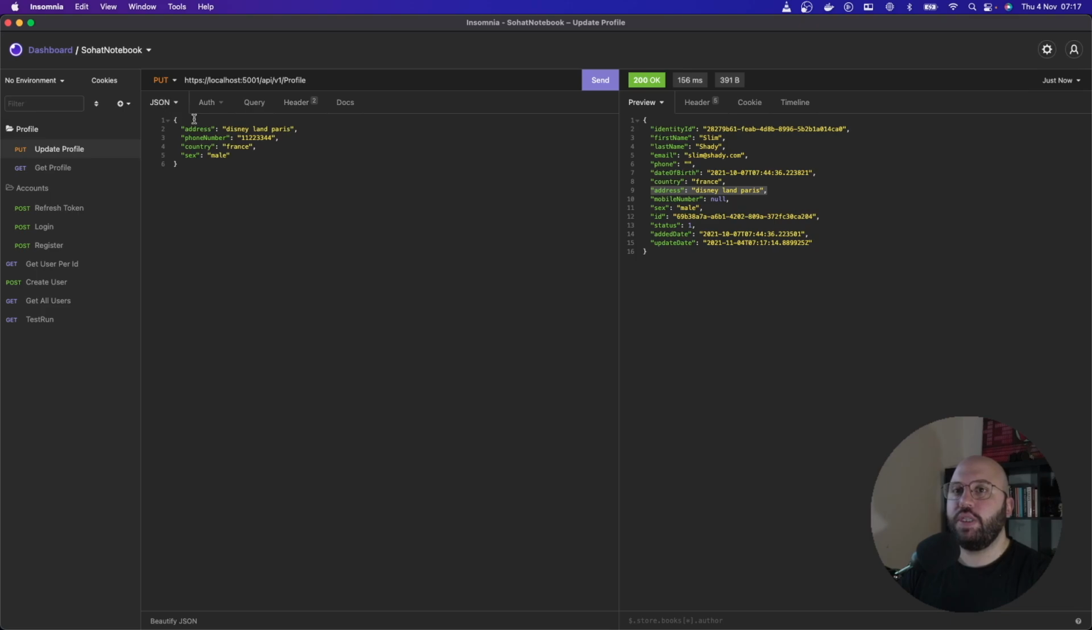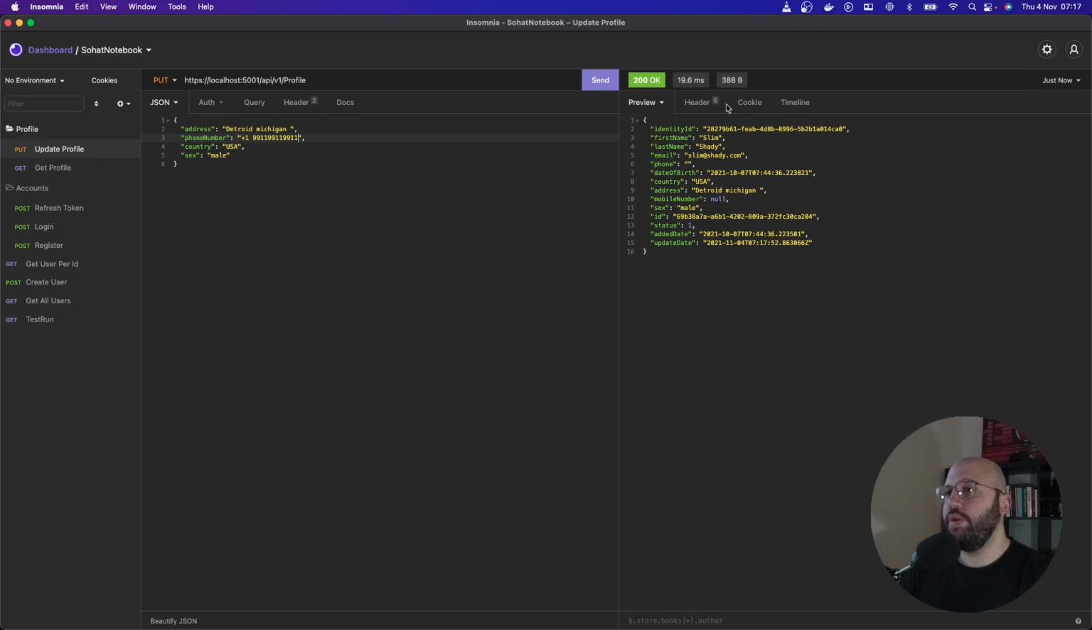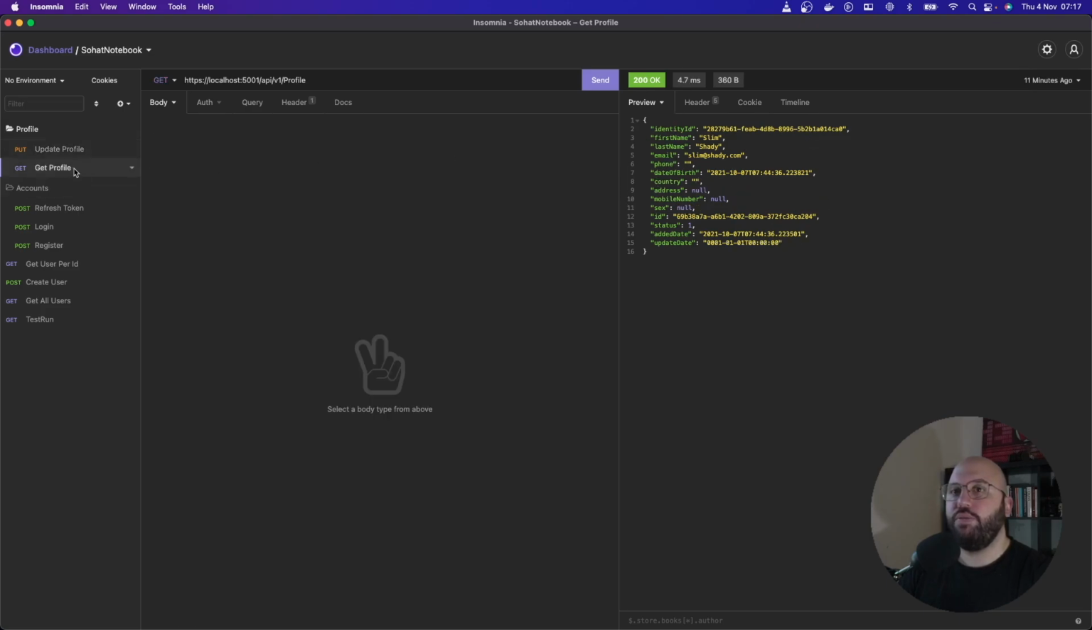So let us do another update right now, and let us change the address to Detroit, Michigan. I think this is how you write Michigan. The country is gonna be USA, and the phone number is gonna be +1, for example, 991199119911. Okay, let us send this, and we can see here that the information has been updated for us. And if we see get profile, we should get the latest information, because right now we can see it's empty. Let us update the token before we do that, and let's send this request,